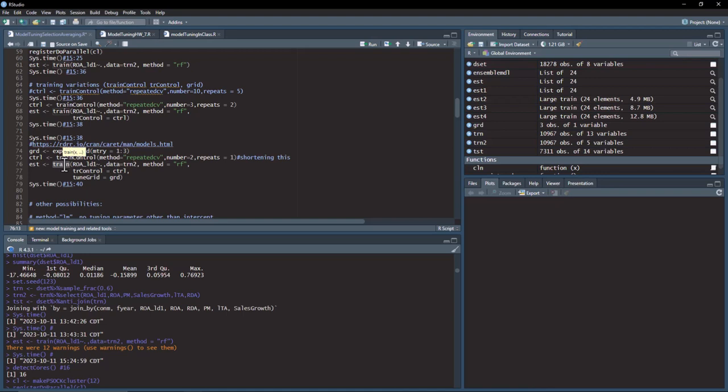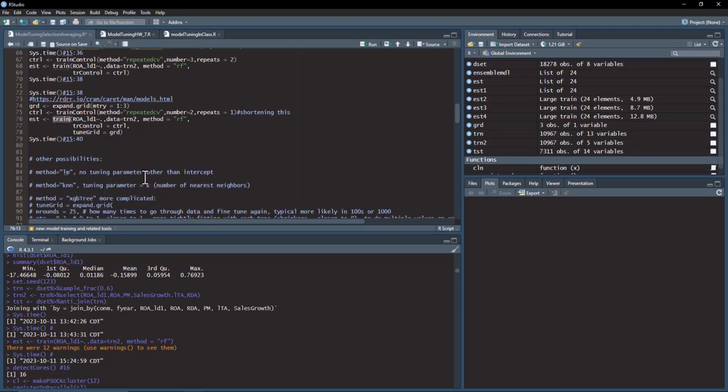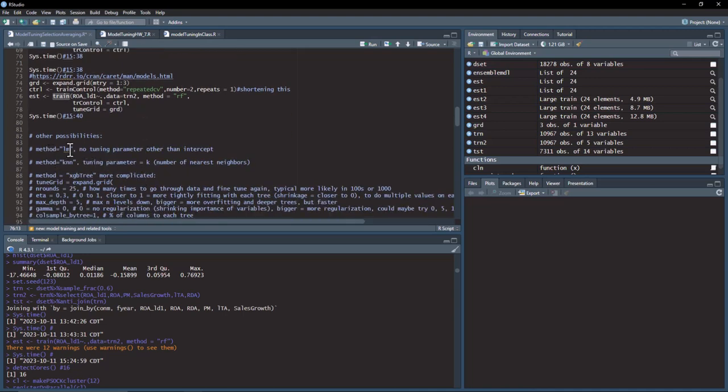Or if your computer can handle it, that's fantastic. But often we just have to make choices and sort of see what matters. So let me walk through some of the different options here so you can get an idea of this. Here, the linear model, there's an intercept. You can have an intercept, yes or no. It doesn't seem to matter that much in a lot of things I've tried,